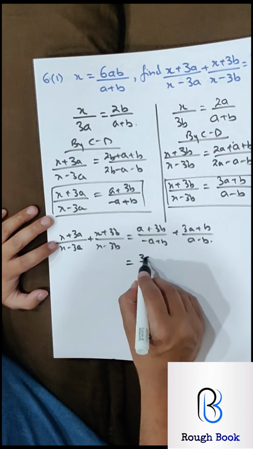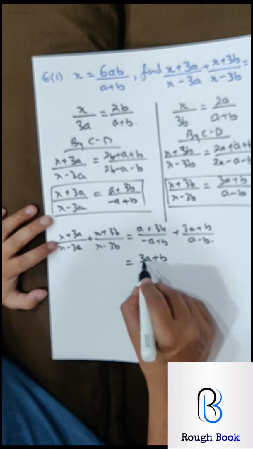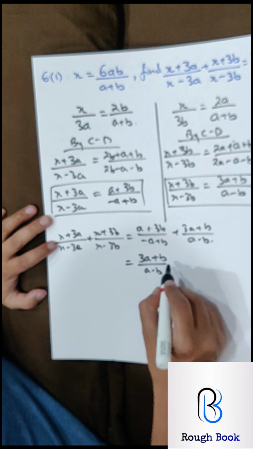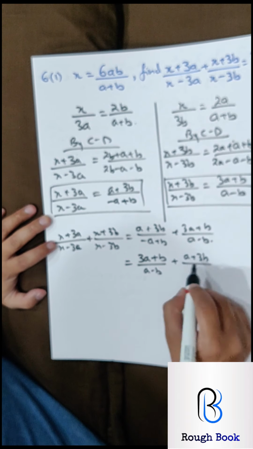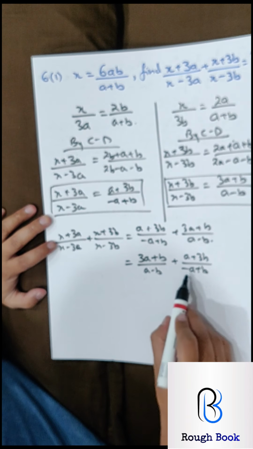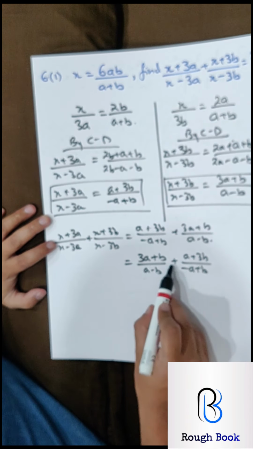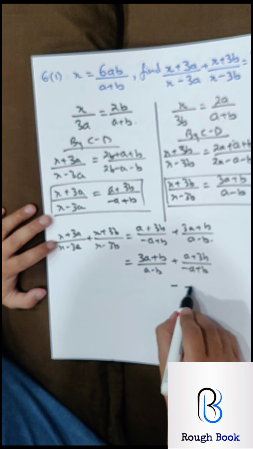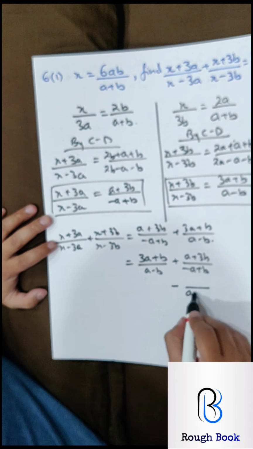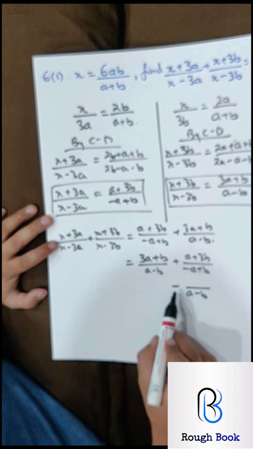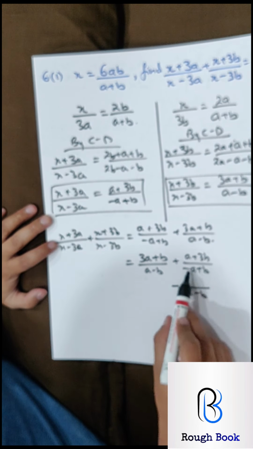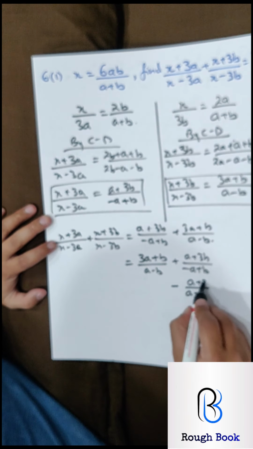Now see, look at this carefully. A plus b upon a minus b, and then I am writing this plus a plus 3b minus a plus b. I am pulling out minus common and giving it to this one. So here this becomes plus a minus b. From here I pulled out the minus, both of them, and I gave it to this plus side. So this changed to a minus b.